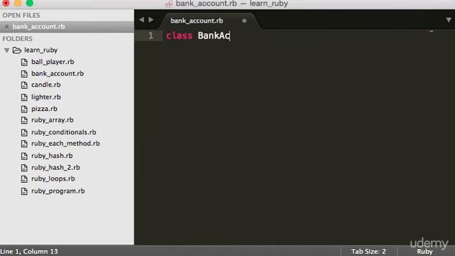So it's class BankAccount, and then we're going to have a method called starting sum, and we will set that equal to money equal to 0,